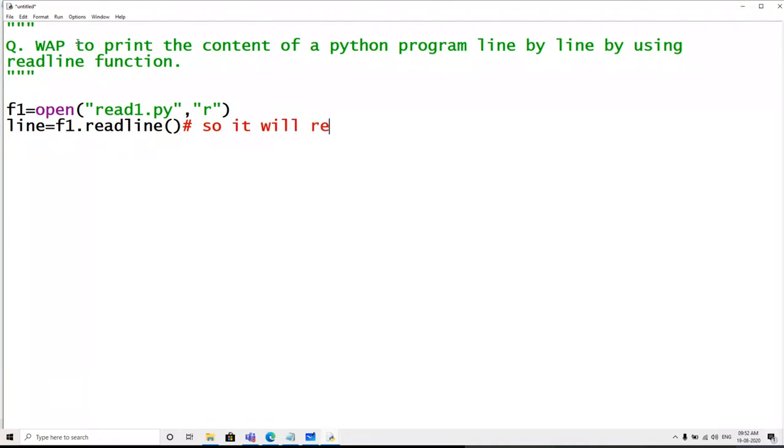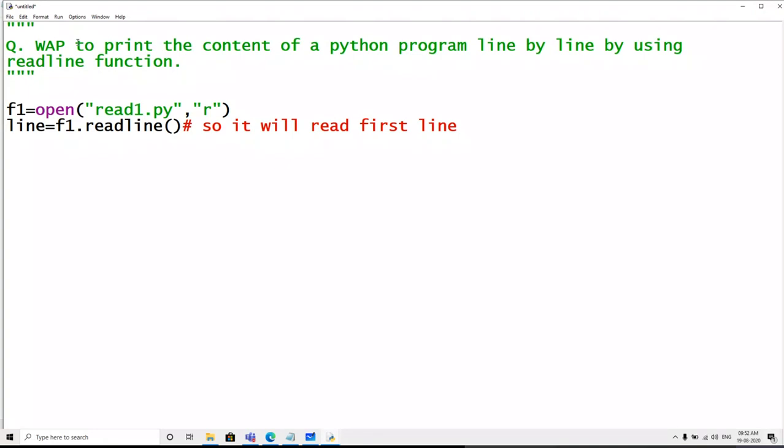It will read the first line. Why will it read the first line? As you all know, when you have just opened the file for reading, initially it points to index 0, that means the first character. So from there it will read the first line, and a line will have a backslash n, the enter key, at the end.